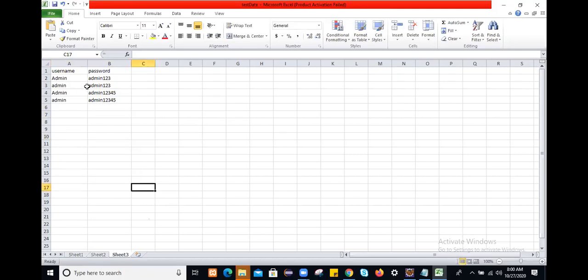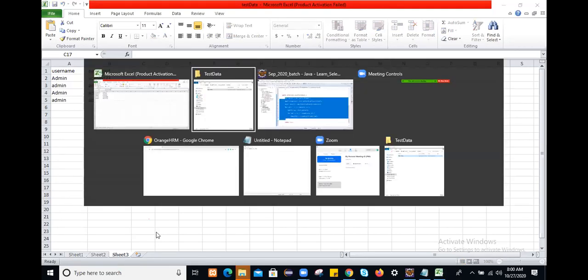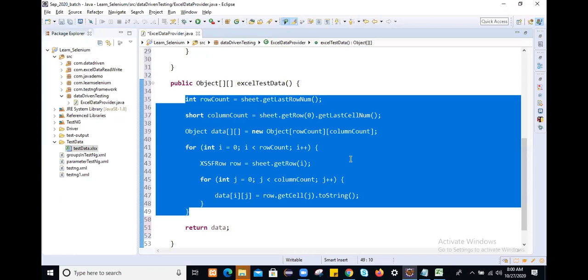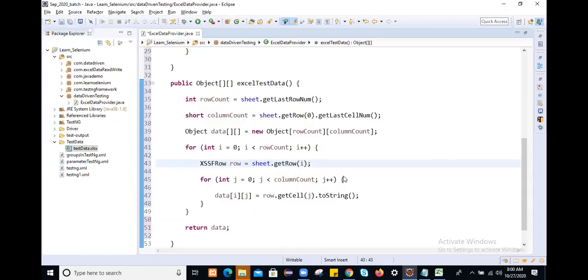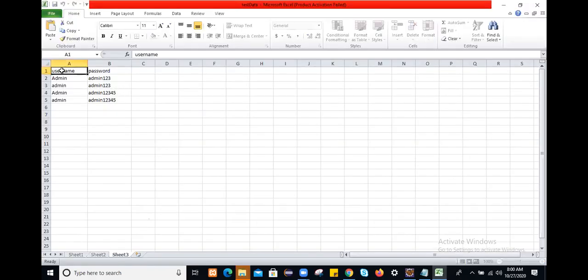This is my sheet 3. Within this sheet 3, we prepared this test data. Now simply, this is sheet 3, we'll copy this name. This name we will require. Now, we don't want to retrieve the data at row 0, the 0th index. We want to start our index at this location.